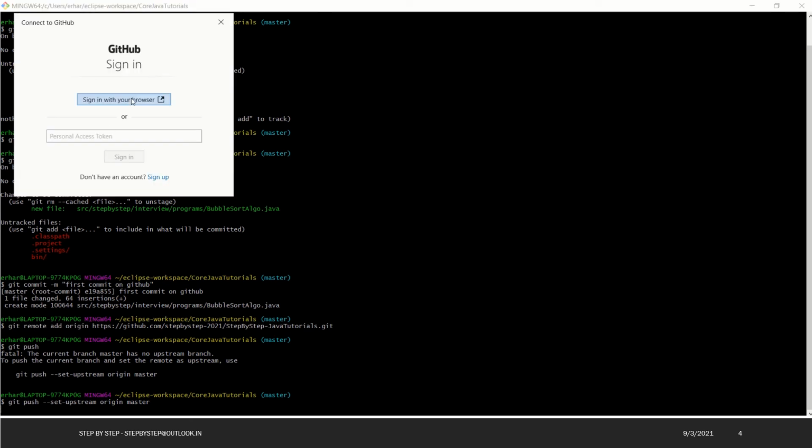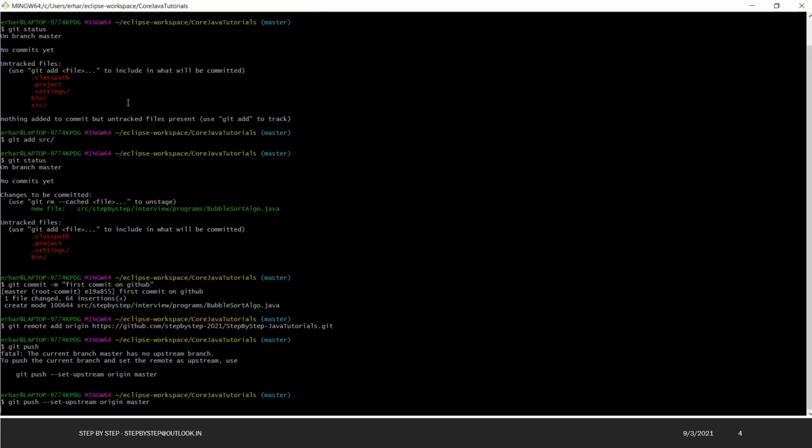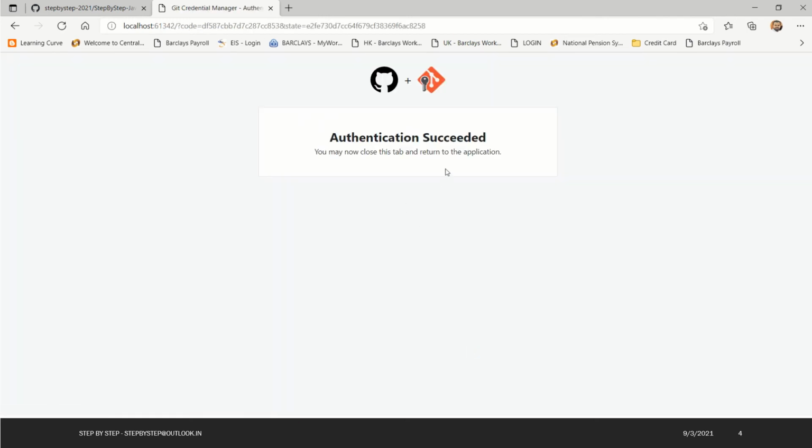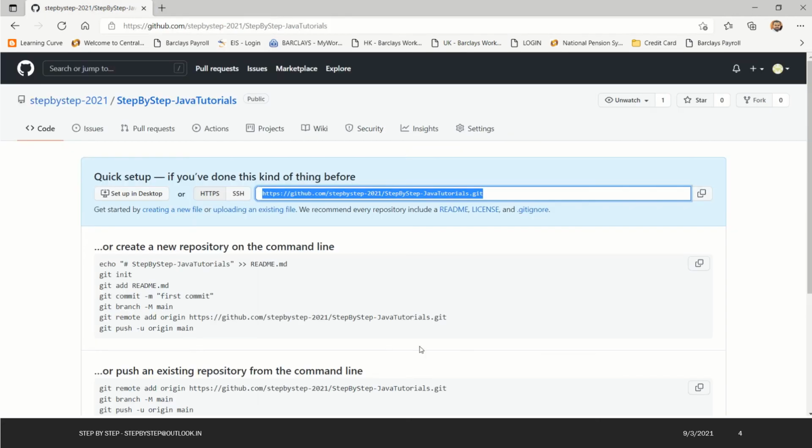We need to sign in, so I'll say sign in with browser. Again it is asking me for signing in. So I'll say authorize Git Credentials Manager. Authentication succeeded, you may close this window. So the authentication has succeeded now.